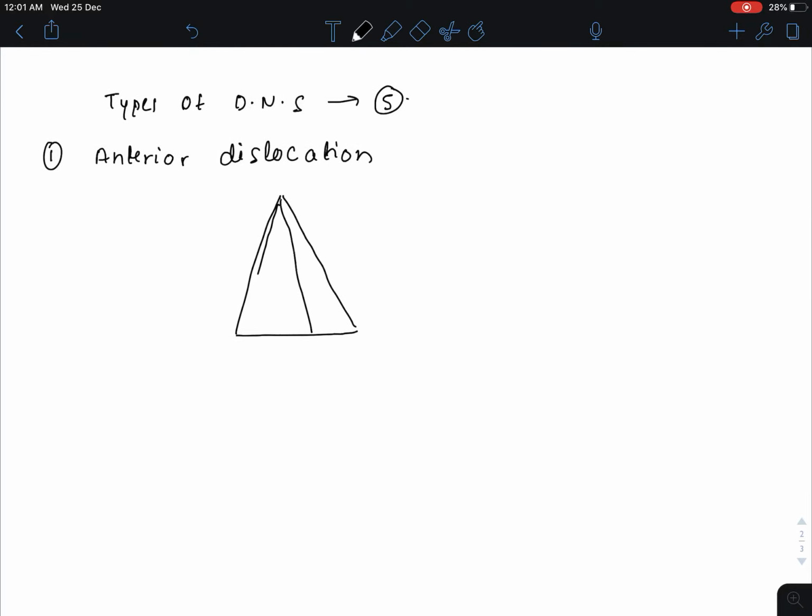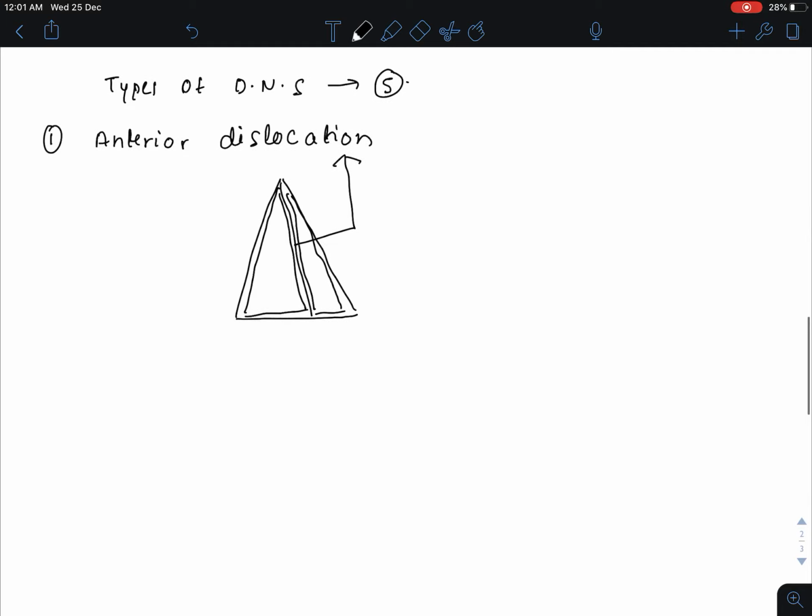So this much of nasal cavity has more area and this much of nasal cavity have less area because of the anterior dislocation of the nasal septum. Okay, now if you look upon the turbinates, the turbinate is very much swollen opposite to the deviated